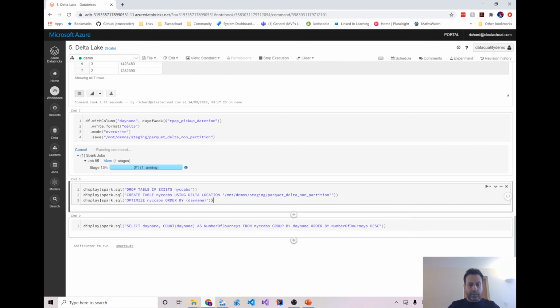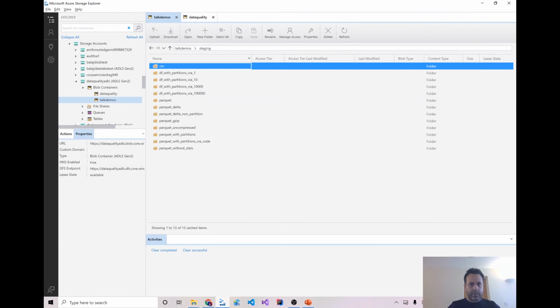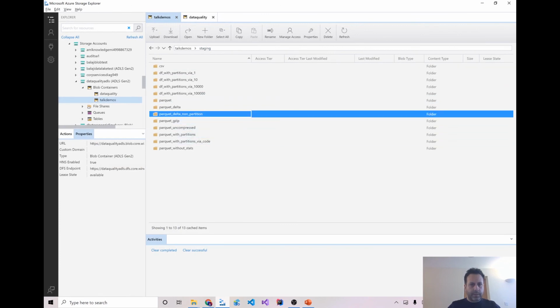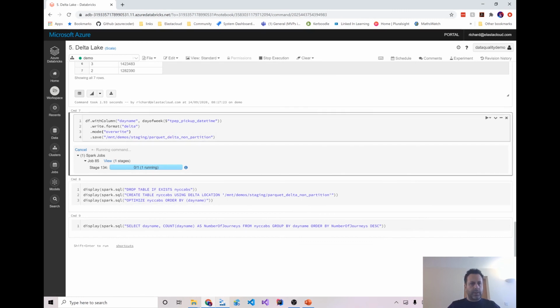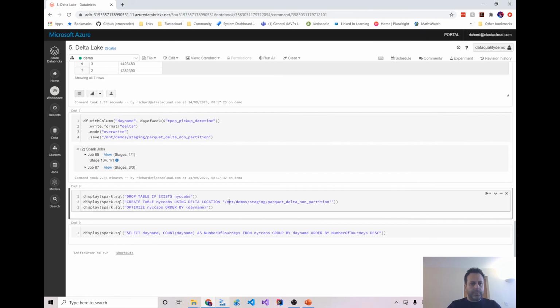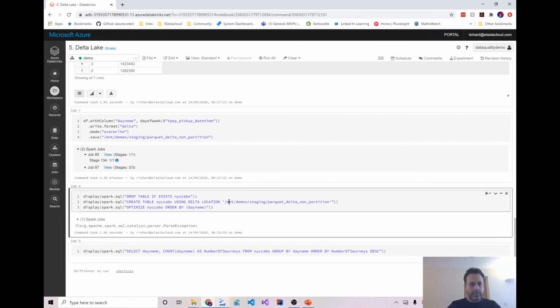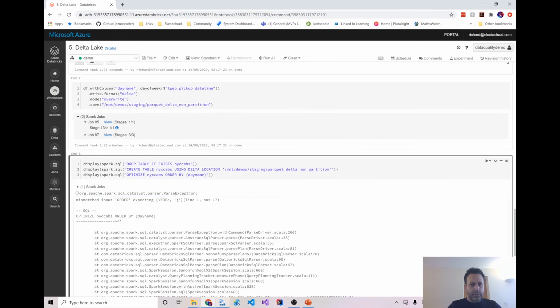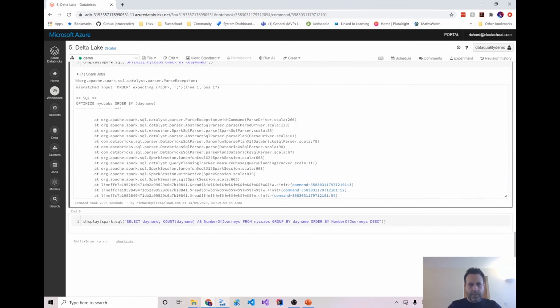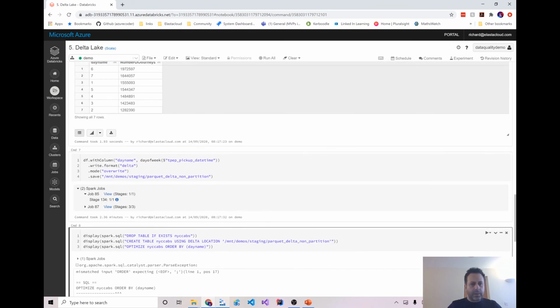Okay, we'll take a look physically on disk. And Parquet Delta non-partition. So it still hasn't written anything yet. Hopefully it won't take too long. There we go. And we're going to run the optimization now. And with best laid plans, that unfortunately didn't work, but essentially